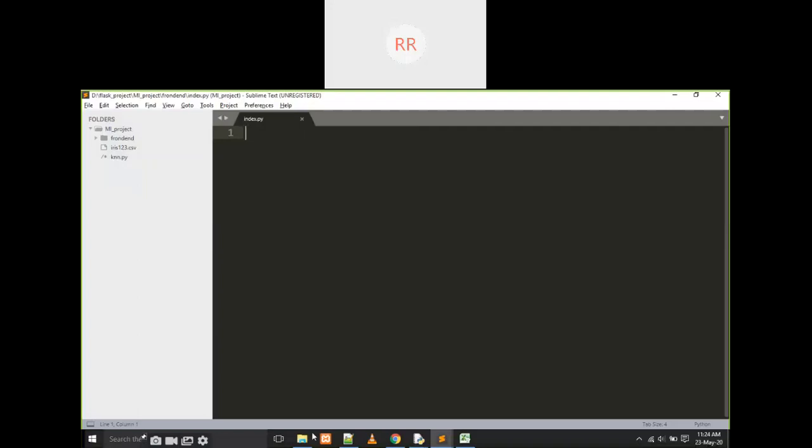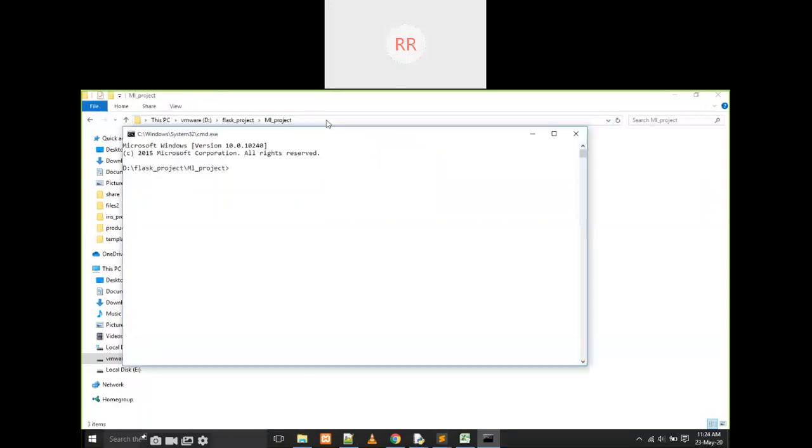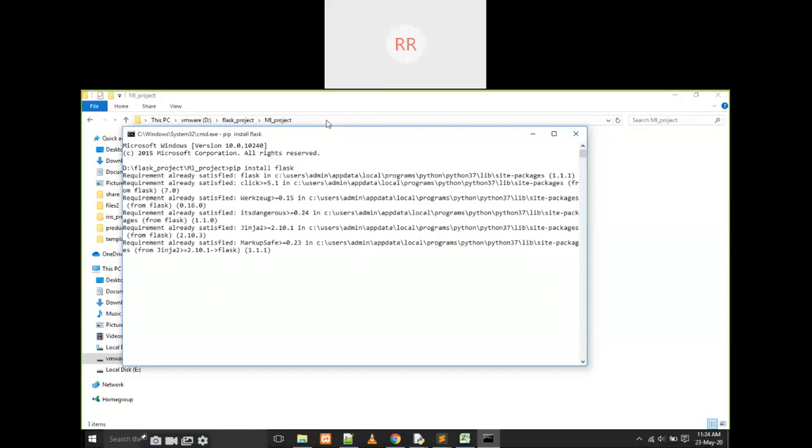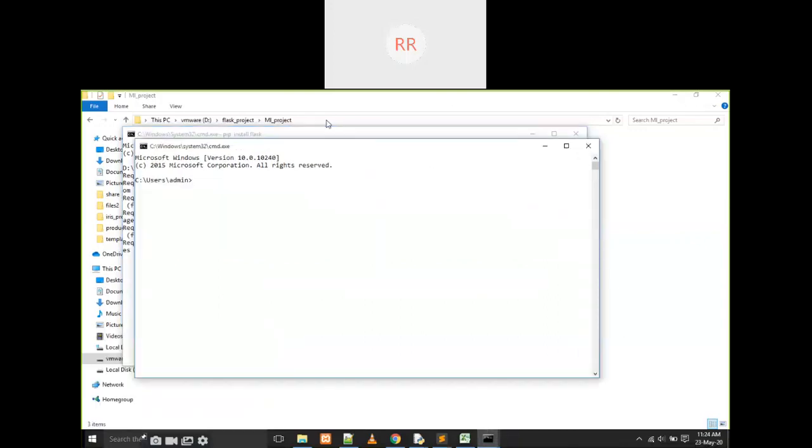Here, first of all, what we have to do is install Flask. What is the command? pip install flask, we have to install first of all. Anywhere in your system, open command prompt. Open command prompt means Windows plus R and open command prompt anywhere, then just type pip install flask.